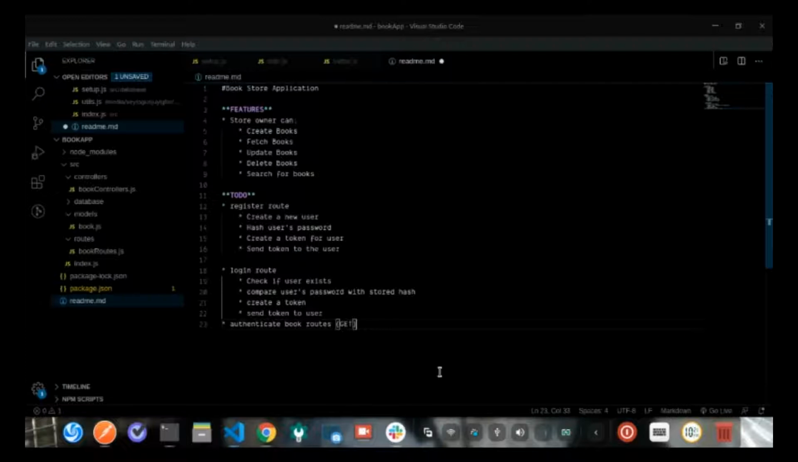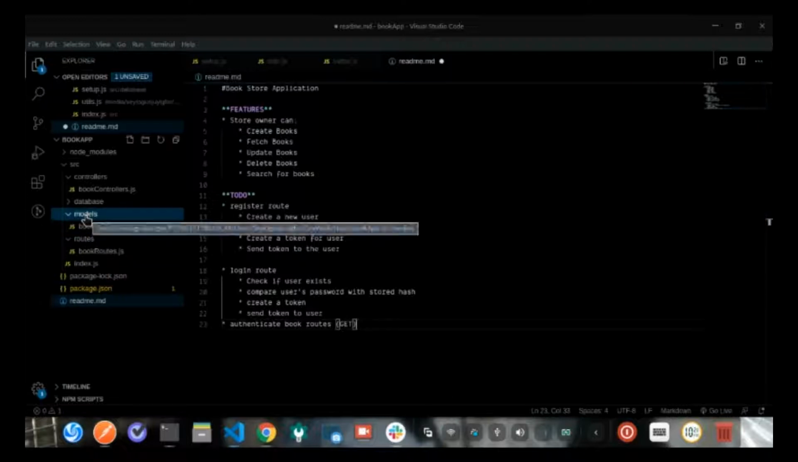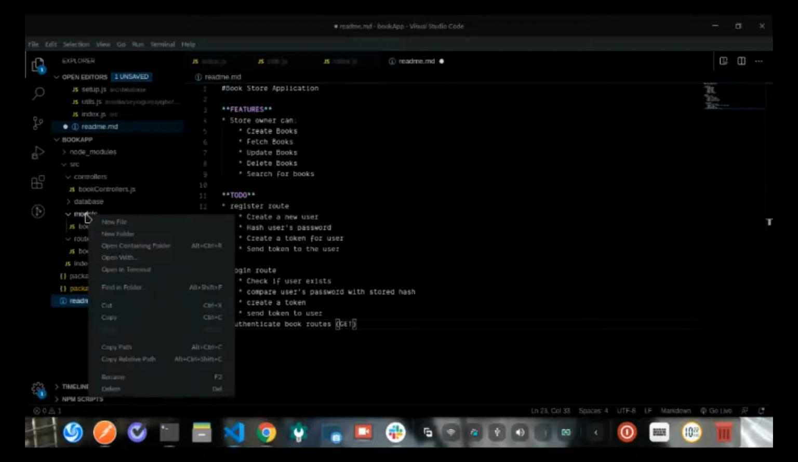On the register route, what we'll be doing basically would be to create a new user, store the user's password from the request, and also create a token for the user, which the user can now begin to use in their API requests. So let's start by creating our user model, or rather our user schema, in